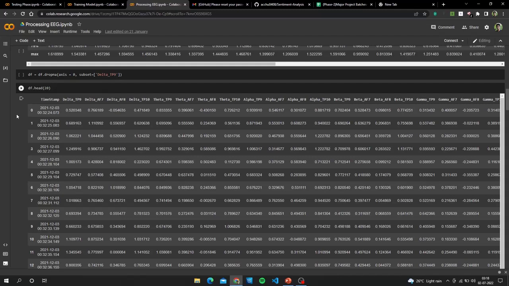So as we all know, there will be slight disturbance while collecting the data. When the device is displaced from that particular electrode's position, that particular data will not be recorded. In such cases, null values will be added in the dataset. In order to remove the null values, we have made use of Python libraries. As you can see here, we have made use of this command, that is dropna, and we have eliminated